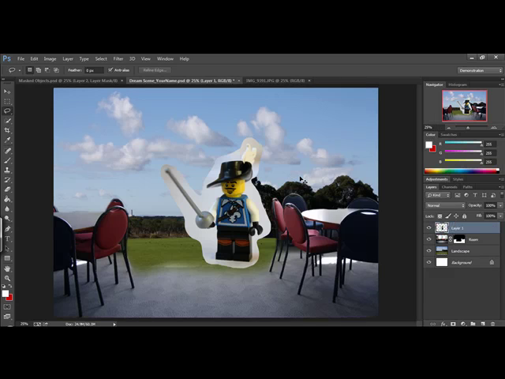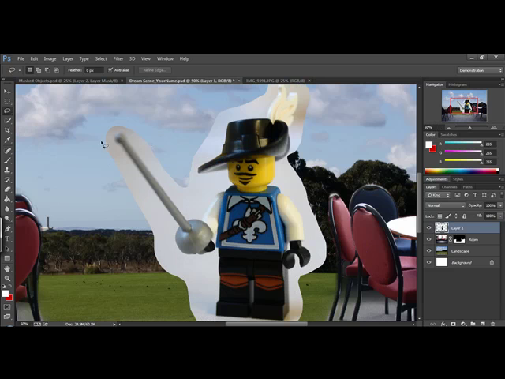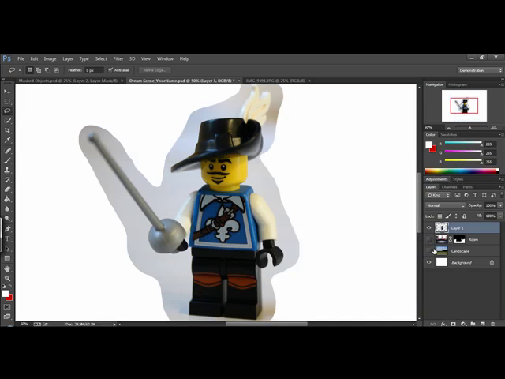Just going to zoom in a bit. So as you can see, my character's sort of sitting in place. My primary concern right now is to get rid of the background, so I'm going to turn visibility of the background off for my scene, and I'm going to mask this layer as well. So hit mask, and then I'm going to use my brush tool and make sure it's black, work my way